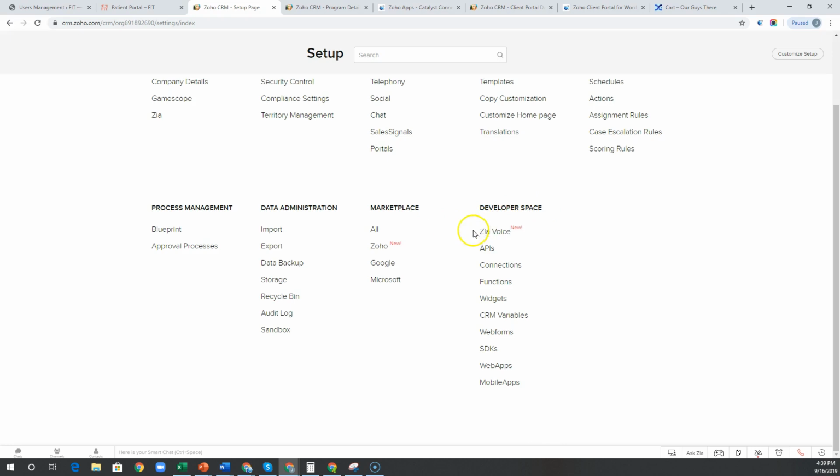Under developer space, you have your Zia Voice configurations, APIs where you can access the API names for specific fields, take a look at your API usage, connections to other features and functionality in the Zoho system, and your functions, custom functions to create automated actions within the system,